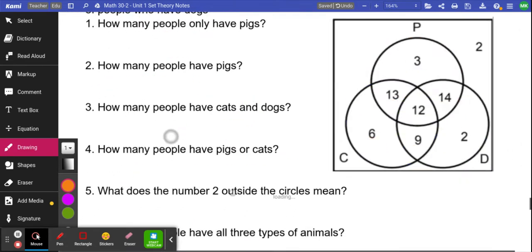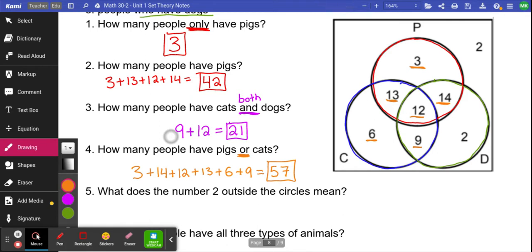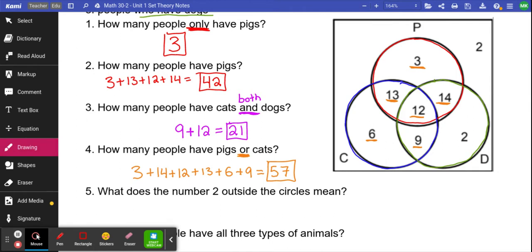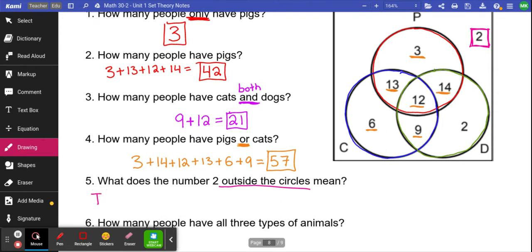Fantastic. Number 5. What does the 2 on the outside of the circle mean? That's a great question. So if you look at our Venn diagram, we have 2 out here on the outside of the circle. When you describe a number in a Venn diagram, make sure that you refer to everything you know about those people. Be very specific. So don't say those 2 don't have any of the 3. That's not specific enough. They don't have any of the 3 what? What don't they have? Be very specific. Those 2 people